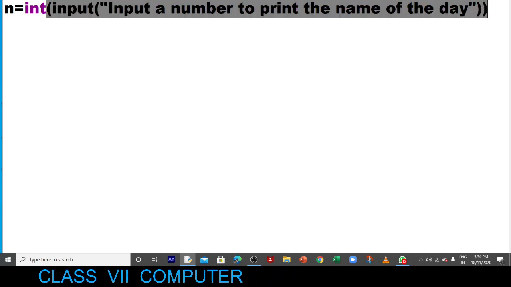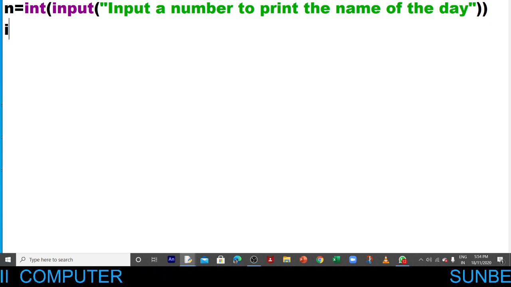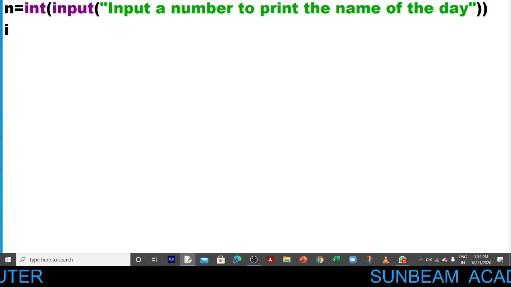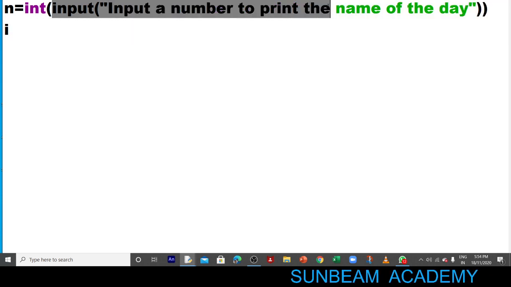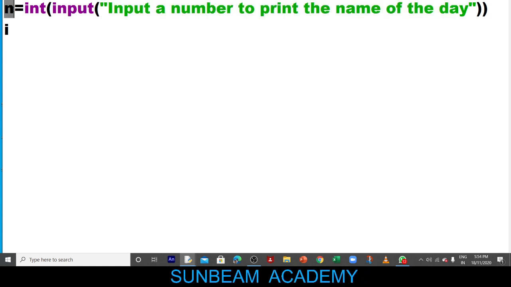One more bracket, and now it is closed. Press enter. Now start with if. Whatever value the user will give through the input command, it will be stored in the n variable.